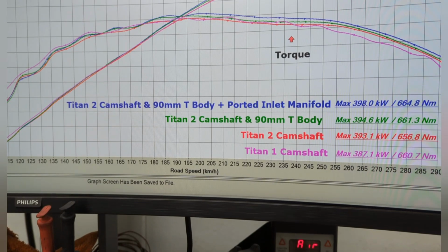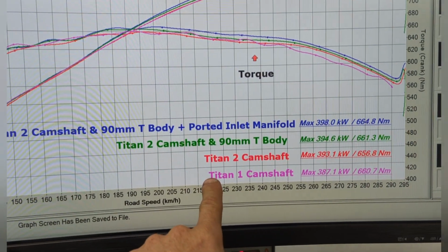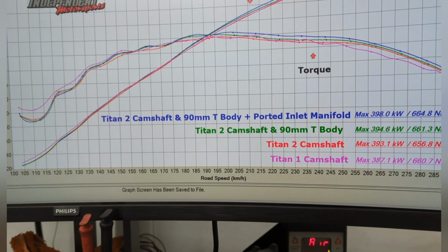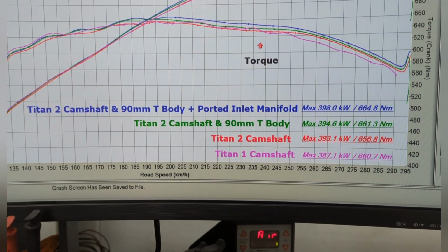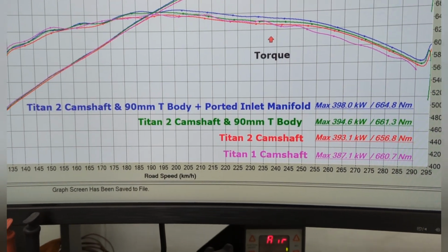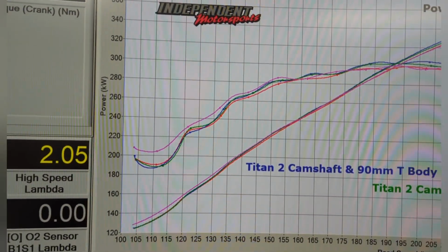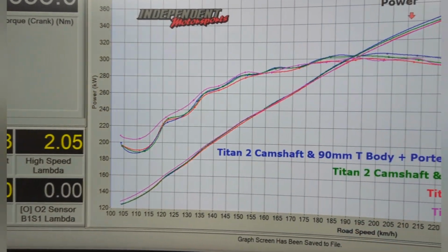So, as you can see, Titan 1 camshaft. I've just put this in this test, following on from my other video where I compared the two camshafts. I figured it's worthy and it should stay in here, so we always have a back-to-back reference. So the Titan 1 camshaft is still a great camshaft, and it does make more torque off the bottom. It is marginal. You probably would never notice it out on the road, but it does make more torque